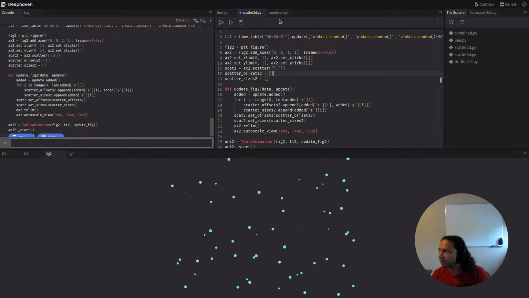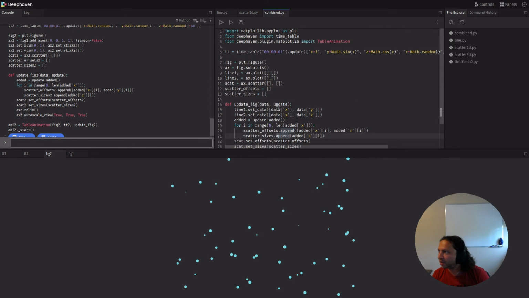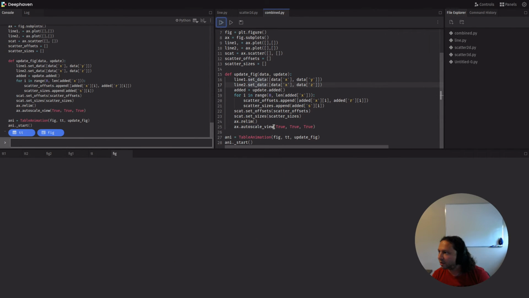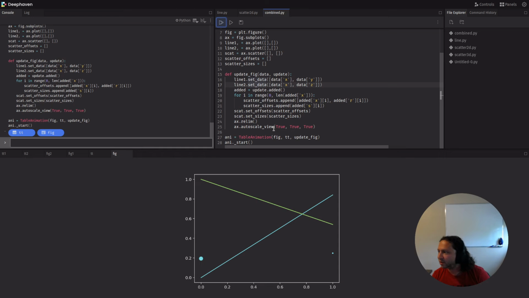And then with this we can also do a combined plot. So in this plot, I'm going to combine the two. I have the line plot and the scatter plot, and then I run it. And there you go. This is driven off of the table